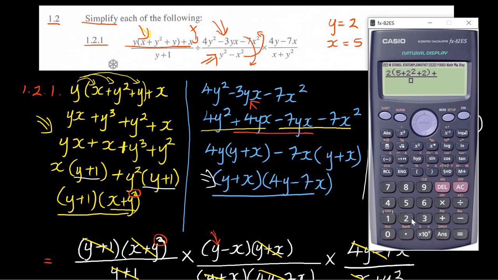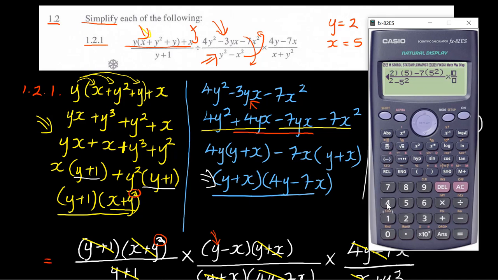plus, remember my x is 5, all over 2 plus 1, and then divided by, again a bracket, a fraction, 4 into, remember my y is 2 squared, minus 4 into 2 squared, close the bracket, minus 3 into my y, which is a 2, and my x, which is a 5, minus 7 into my x, which is a 5 squared, and then divided by 2 squared minus 5 squared,